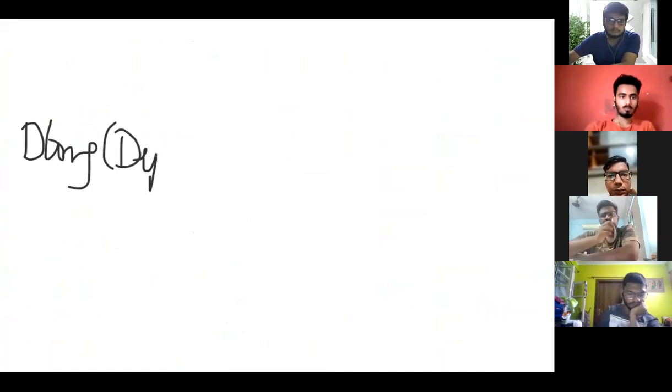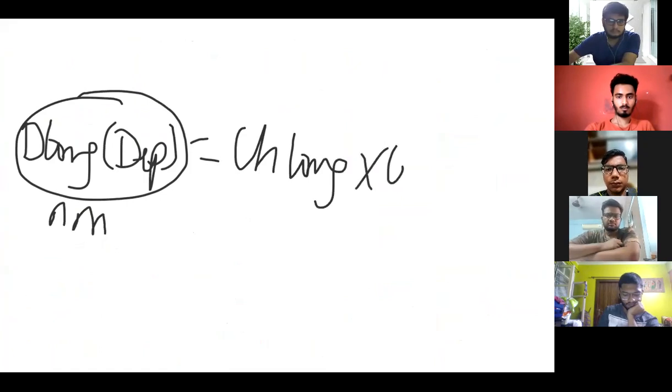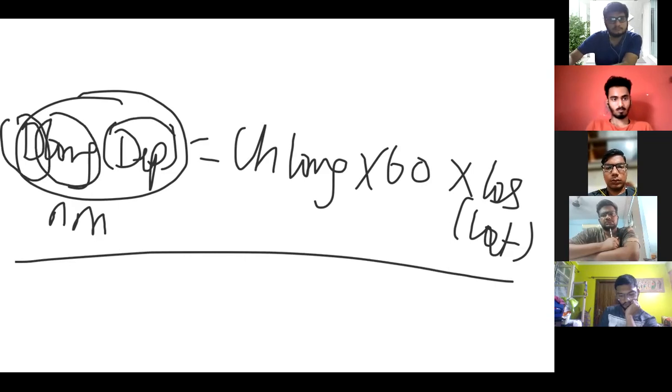Okay, so the formula that arises from this is d long, or distance in long, which can also be called departure. Departure is always in nautical miles, and is equal to change in long into 60 into cos of latitude. This is the formula if you have a change in longitude and you need to find the distance between longitudes. That is also called departure. So in the exam, you might be asked to calculate the departure or calculate the distance between longitudes. So you use the formula change in long into 60 into cos of lat. Clear, guys?